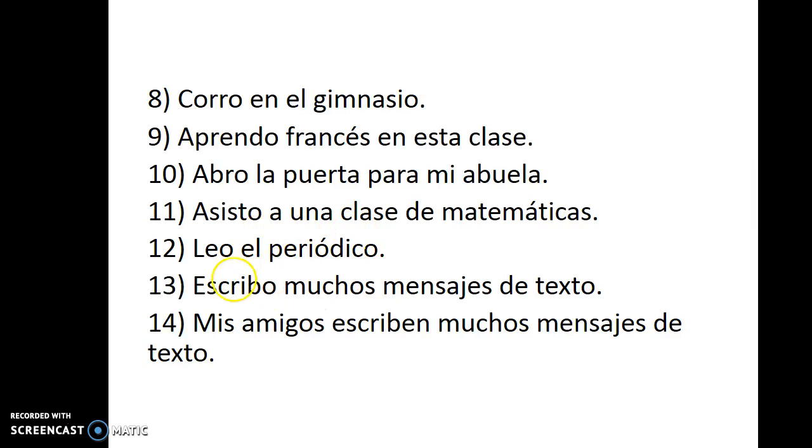Número 13, and we're down to 2 more questions. Escribo muchos mensajes de texto. All right, use your context clues with mensajes. If you kind of convert that J to a G, when you look at it, it looks kind of like messages, right? So,